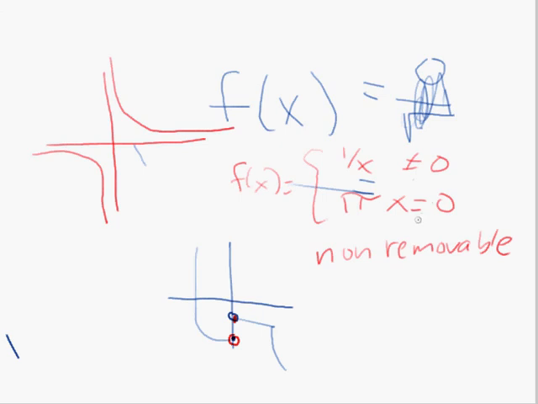You could define it so that 0 sits in the domain of that function, but all that does is put a dot on the axis somewhere. It doesn't remove the discontinuity in any way. The discontinuity is still going to be there because of this asymptotic behavior. Ooh, asymptotic. That's a good word. It is a